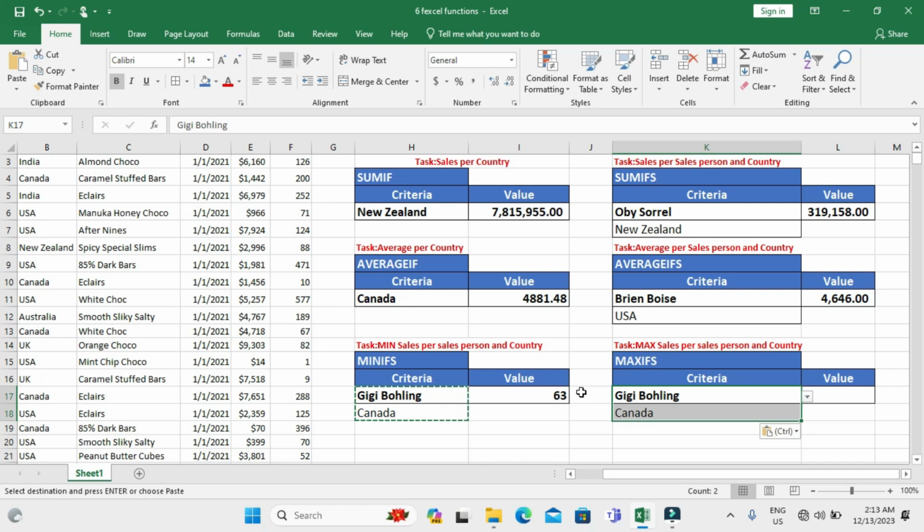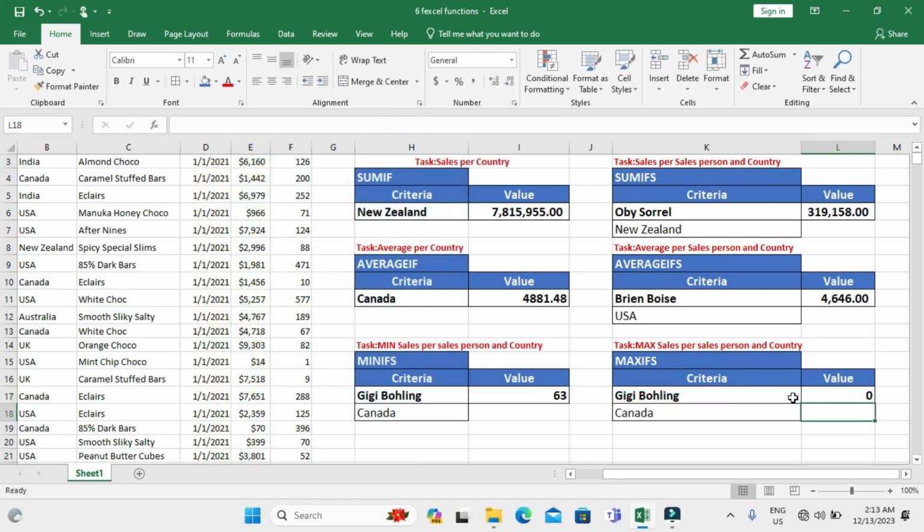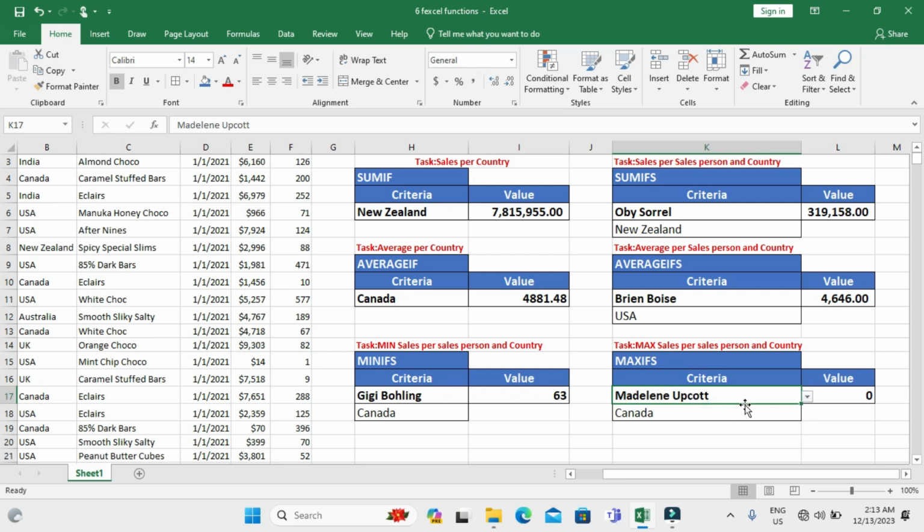Then what I'll do is I'll just make a copy of this, put it here, then change from minimum to maximum. So I'll click on the function under value, then come into the function bar, then change from minimum to maximum because the parameters are the same. Okay, so now this guy didn't have any maximum sales in Canada, or they didn't do any sales in Canada. Let me select this guy,